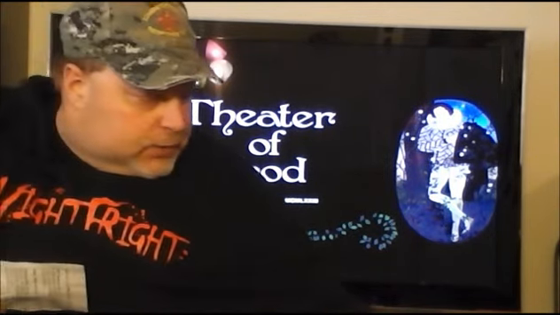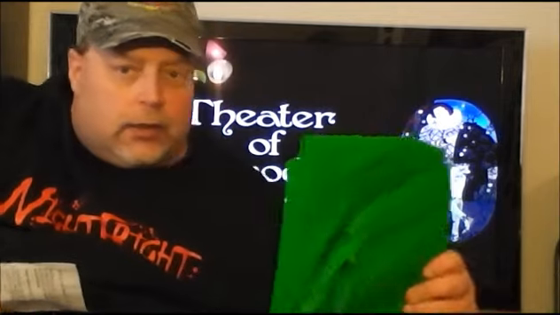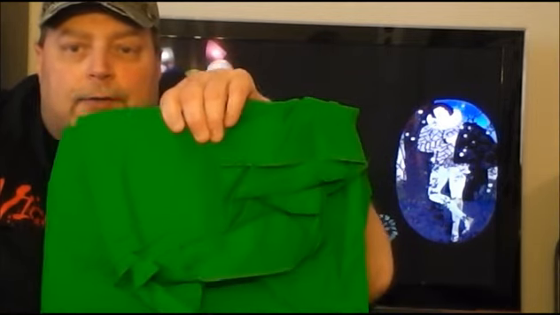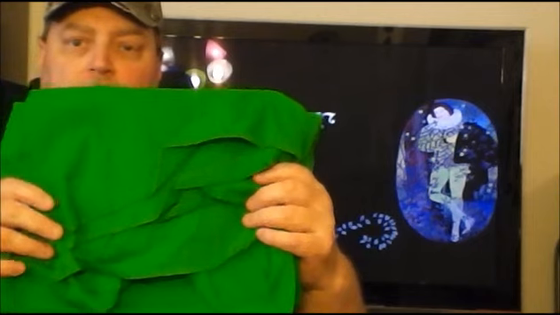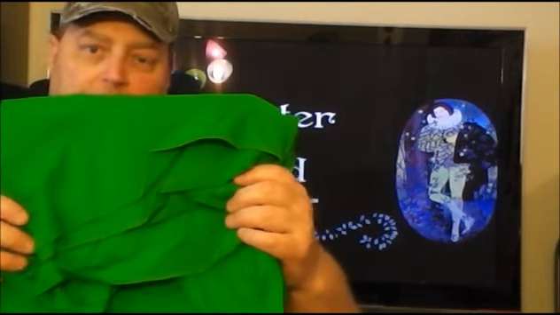Now, you can pick up a green screen real cheap, for around $20 off of eBay, and you want to look for a green screen that's 10 foot by 20 foot. And here is what the green screen looks like, just like that. So if you find a flat wall, or if you have to put it up,